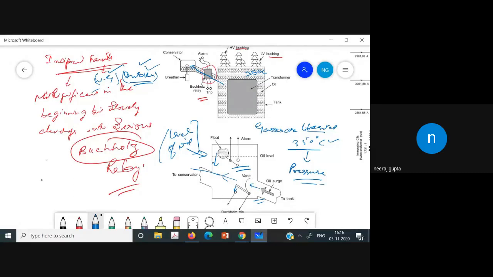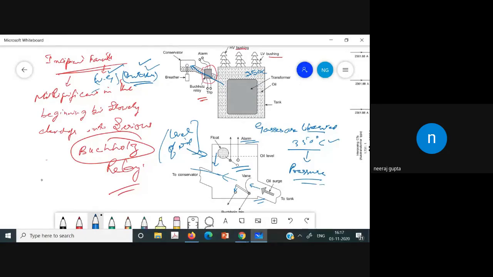However, the loss of the oil will sometimes cause the transformer temperature to rise, but it doesn't warrant immediate tripping because it is not a fault. So normally these contacts are wired to the alarm, which alerts the operator that the oil is less in this transformer. So this is how this Buchholz relay is operated.